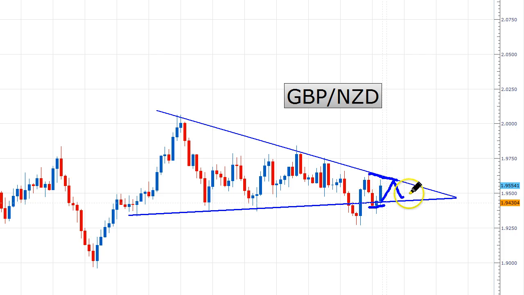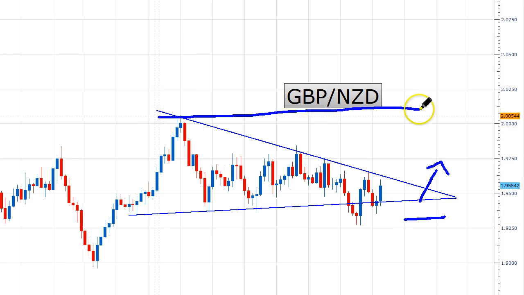And if this continues to tighten up all the way to the end here, we might get a pretty nice breakout on the pound New Zealand. Because again, the pound New Zealand is just a pair that runs at an incredible number of pips. I mean, it covers 1,000 pips in an incredibly short amount of time. So, look for this to continue. If it tightens up and eventually bounces out, and you can get on the pound New Zealand, for instance, if you can take a breakout here and have an 80 pip stop loss and target here, which is going to be a 500, 600 pip target, then that's obviously a great trade to be in.